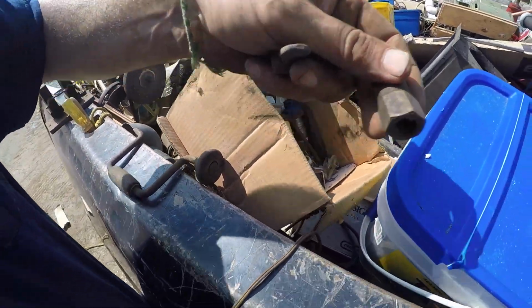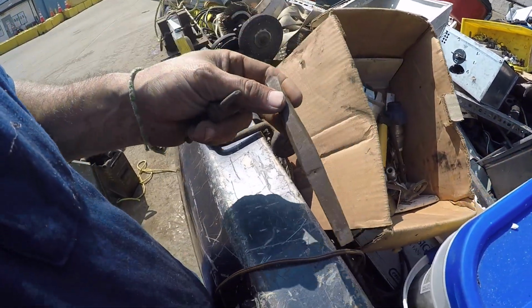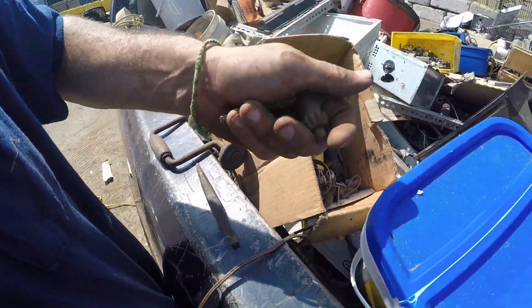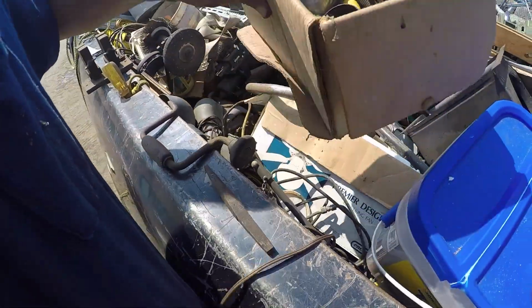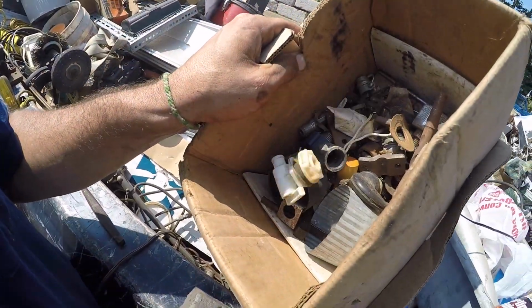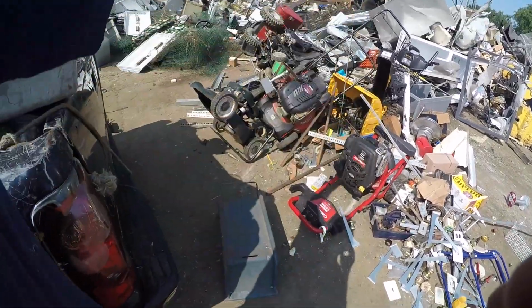There we go, piece of brass. Chuck. Nobody really uses those chucks anymore. They all have that. I guess that's good for a drill press. I don't see anything else. There's a...